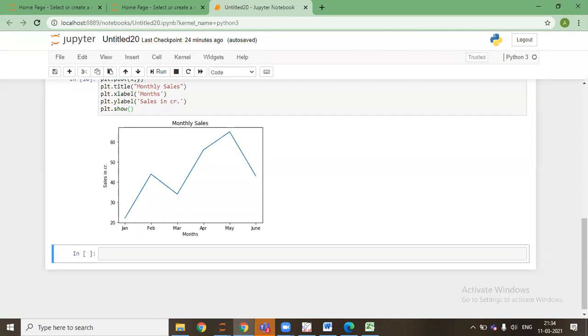Pre-processing means imputing those missing values. Or we have data in which we have a lot of outliers. How to treat those outliers is pre-processing.